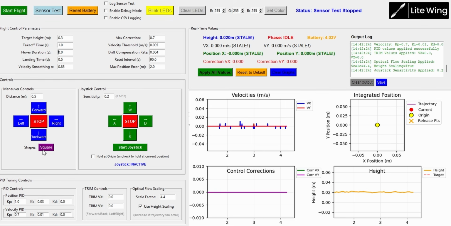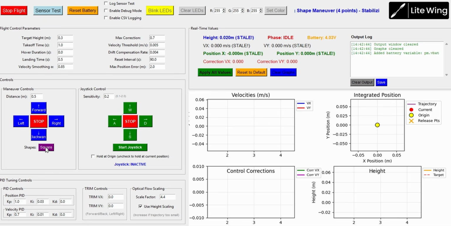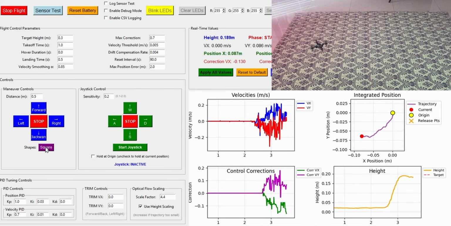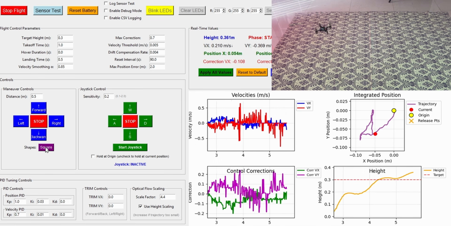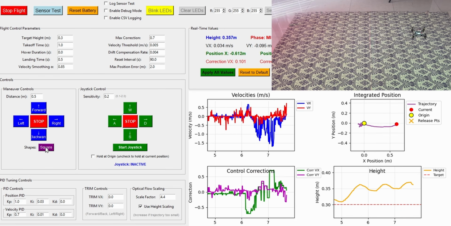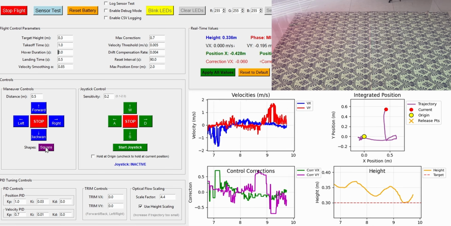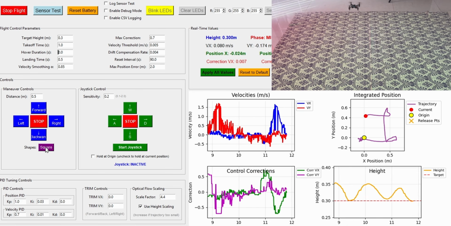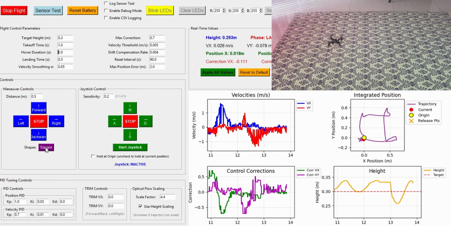Last thing, let me also show you what this square button does. So it's like recording a simple mission path, meaning it will take off and form a square and then land on its own automatically. Let me quickly show you that as well. I just have to click on the square button. And you can notice the drone takes off automatically and moves to the right on its own. And then again, it's going to move forward. And then again, it's going to move to the left and then come back to the initial position and land